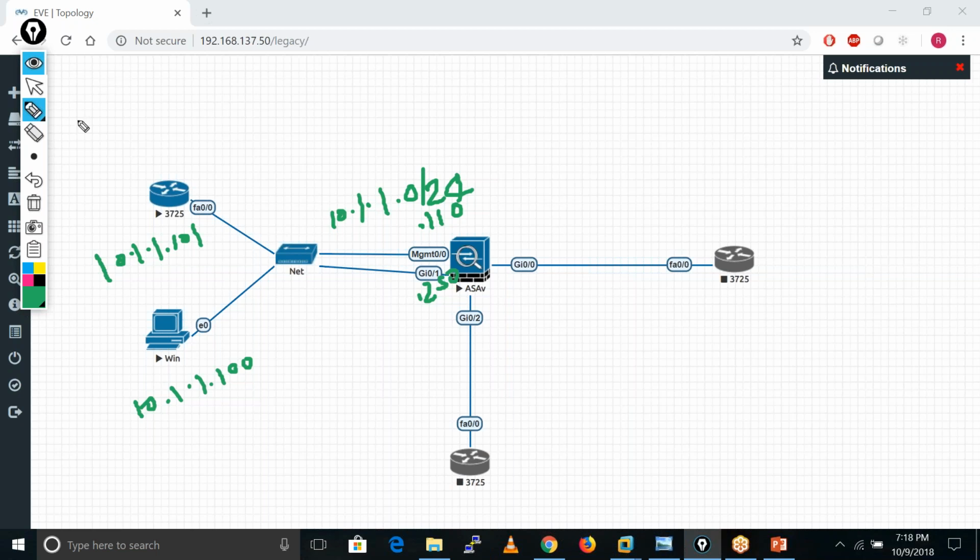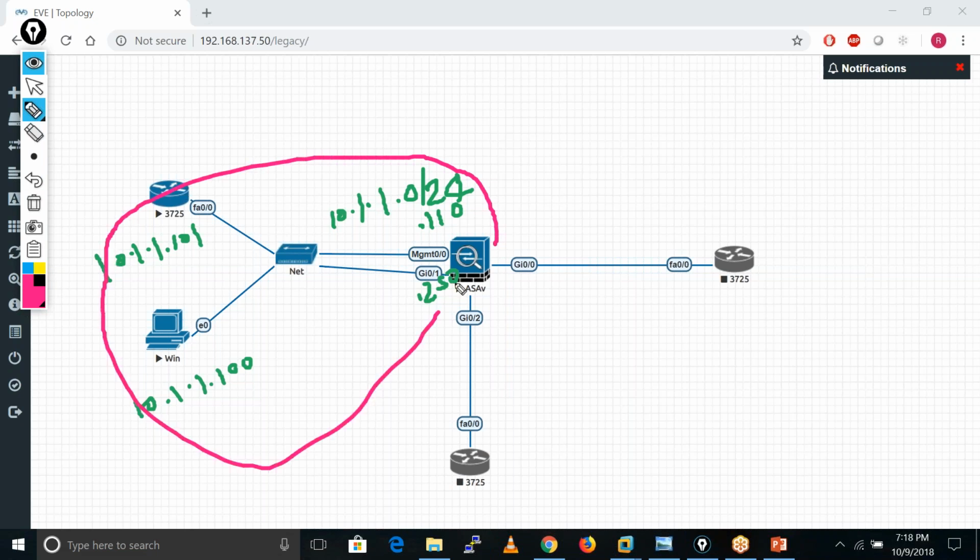So this full network basically comes in the same subnet, so I can send data towards the ASA from this Windows PC, from this router, to this ASA firewall. Let's suppose this is my inside interface only.